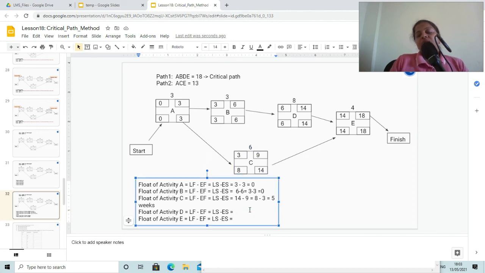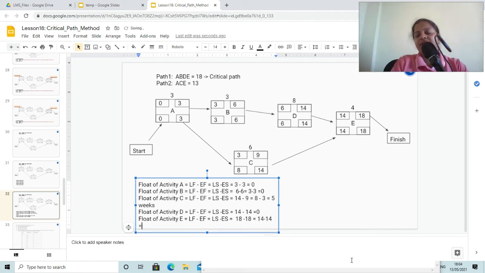Now coming back to activity D, here the late finish is 14 and early finish is also 14, so you are going to get 0. And activity E, late finish is 18 minus early finish is 18, or you may use late start or early start, then you are going to get the same value, that is 0.